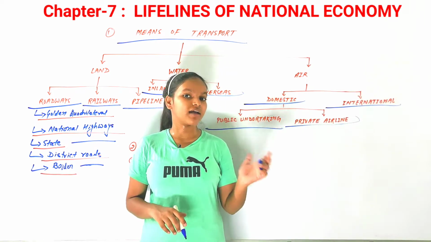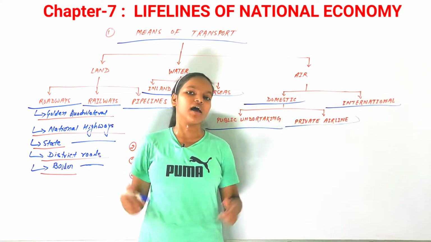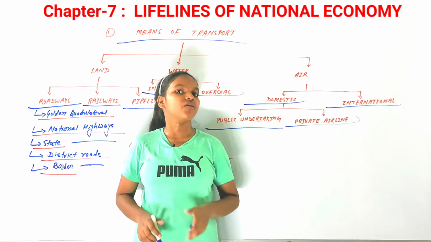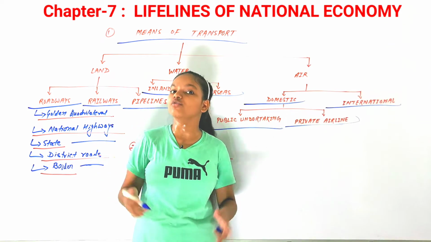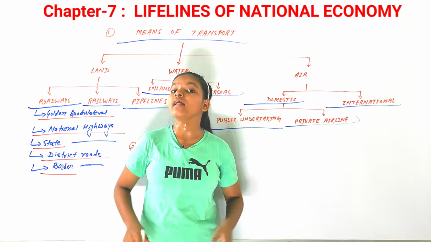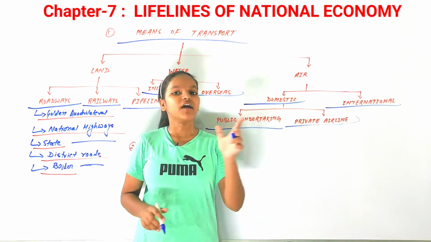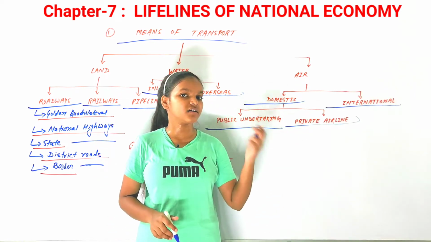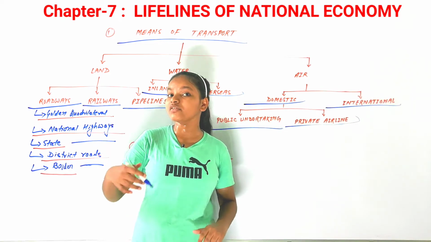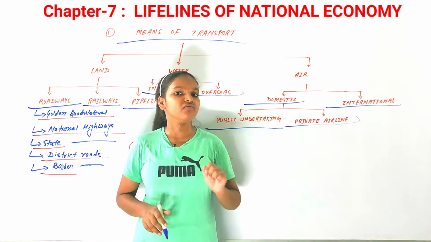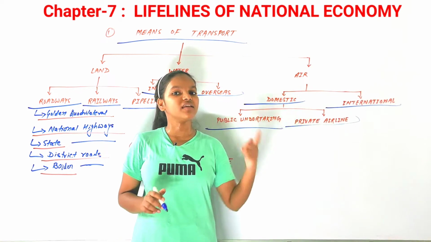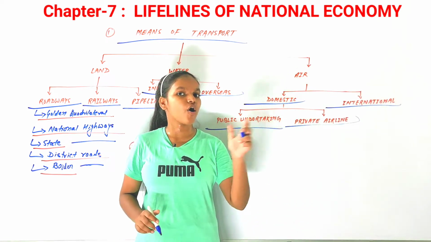Recently, Indian Airlines, Air India, was bought by Ratan Tata, who is the owner of Tisco, Tata Steel. So you could say that there are private airlines as well as public undertakings. Now you know that airline facilities in our country are not within the reach of common people. It is only with special provisions that in northeastern states we have some special provisions for these airlines to reach the common people.